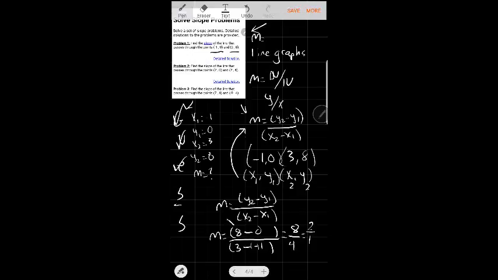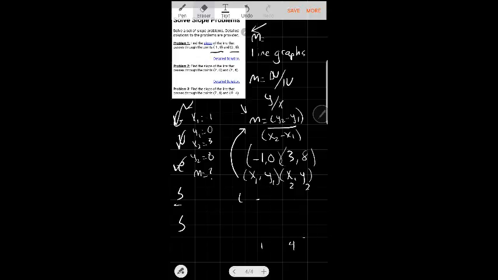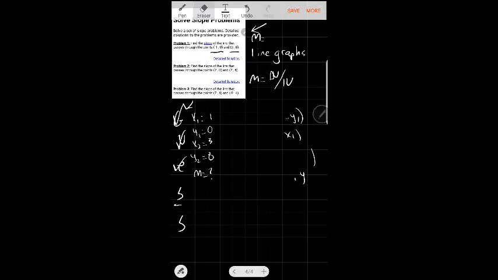There we go. There is the reduced form. So our slope is going to be 2 over 1. So the slope that runs through the points negative 1, 0 and 3, 8 is going to be 2 over 1. Let's remember that 2 over 1 is rise over run, and for our sake here, let's remember that the rise is the dependent variable